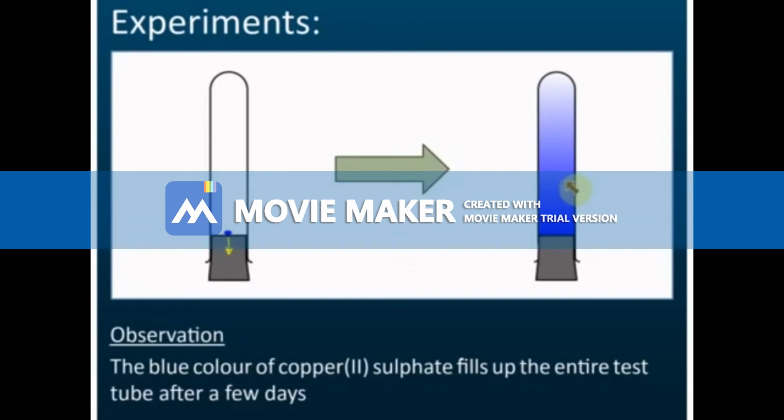This happens because of diffusions. So how does this occur? Now let's say we have the gel here. Let me use the green color to represent the particles of the gel. So this is the particles of the gel. And then this is the particles of the copper sulfate. What happened is that the particles of the copper sulfate dissolve in the gel,